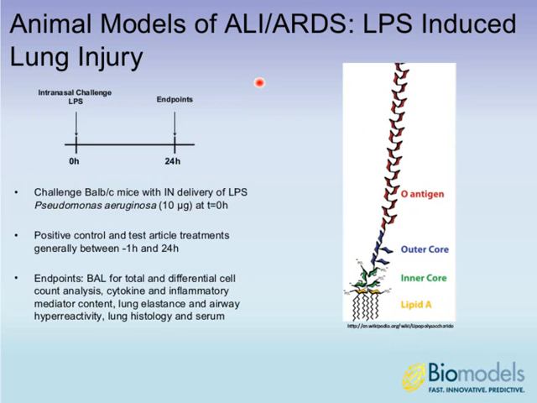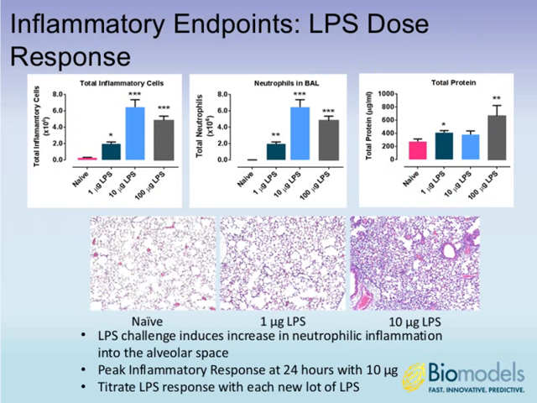So in the data I'm going to present now, we challenged the animals with LPS at time 0 and looked at the response 24 hours later. This was LPS from Pseudomonas. In general, in this model, we can deliver positive control or test articles between an hour before and 24 hours after, and the endpoints. So here in this model, we see as you go from naive to 1 to 10 micrograms